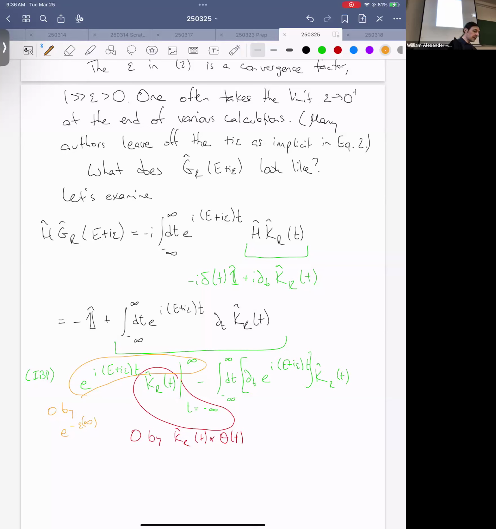And so this is the explicit effect of the convergence factor. It's very important that it's a plus i epsilon. If this is a minus i epsilon, we wouldn't be able to kill off this term at plus infinite time. If we wanted to go backwards, for example, if we had an advanced propagator operator, which looked like theta of minus t, then we could kill off the upper bound of t. And if we had a minus i epsilon, we could kill the lower bound. So the plus minus i epsilon is really intimately connected to your boundary conditions.